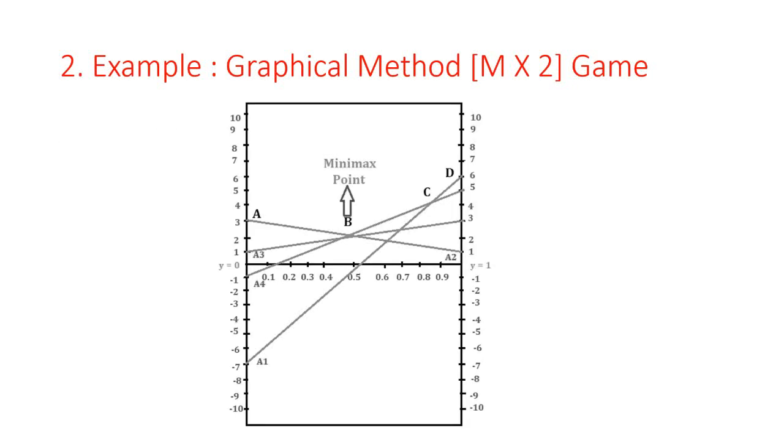So this is a minimax point. There are more than 2 lines for this minimax intersection point. There are 3 lines intersecting, so more than 2 lines pass through the lowest intersection point. So we will identify any 2 lines with opposite slopes passing through that point. Then we get the 2 by 2 payoff matrix.